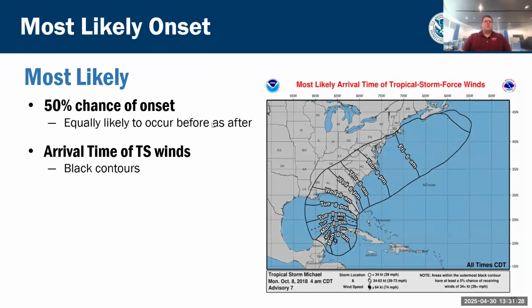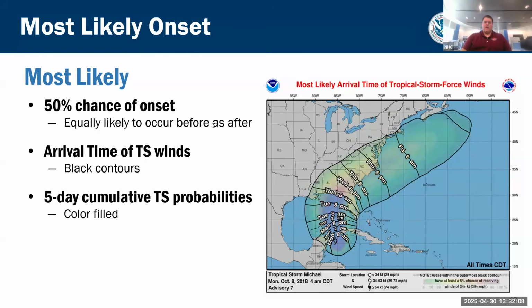But say you want to see, what's the most likely scenario for my particular area? This is the even chance. So that means, out of those 1,000 scenarios, 500 of them happen before this time, 500 happen after this time. And you can see how that time has changed. Just focus on the Big Bend area. It's now 8 a.m. So you're talking about a difference of about 12 hours in timing. So if you're willing to take a little more risk and you play that 50-50 game, you're prepared to do something, say Wednesday, 8 a.m., but you are taking into account that there's a 50% chance that those winds could arrive before then.